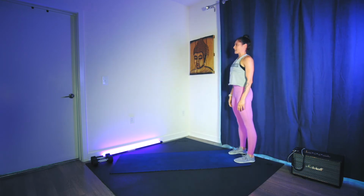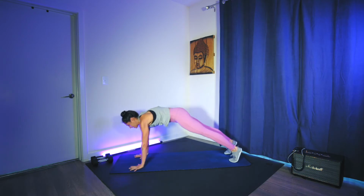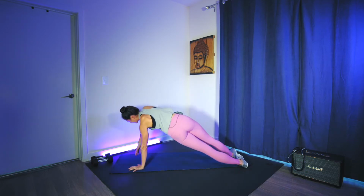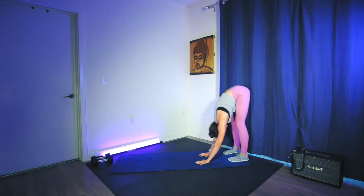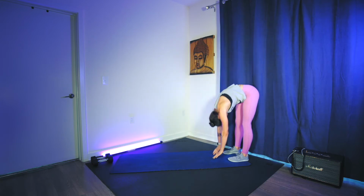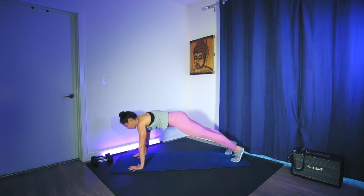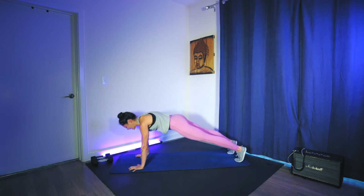Inhale. Exhale. Roll down. 1 push. Side plank. Stack. So we're starting to warm up the upper body, the shoulders, the chest, the core. Walk it back. Last 2 rounds, just slightly different. We add on 1 push-up, 1 side plank, 1 push-up, side plank, lower to the belly, drop the knees,